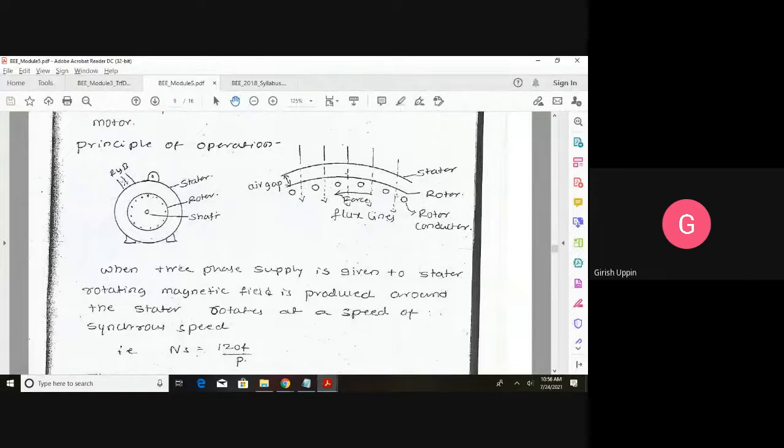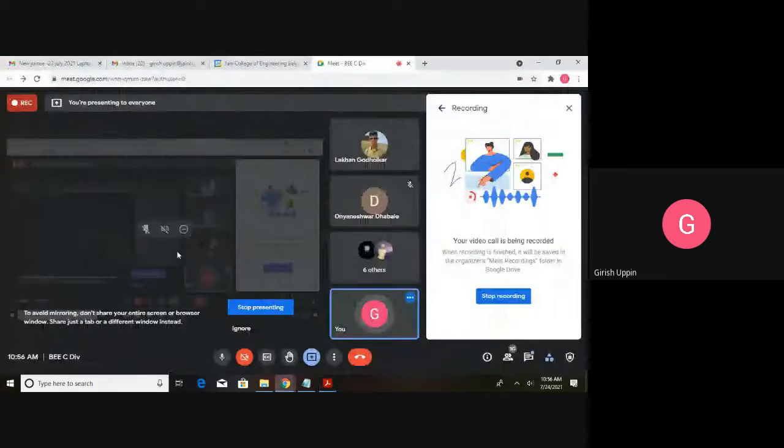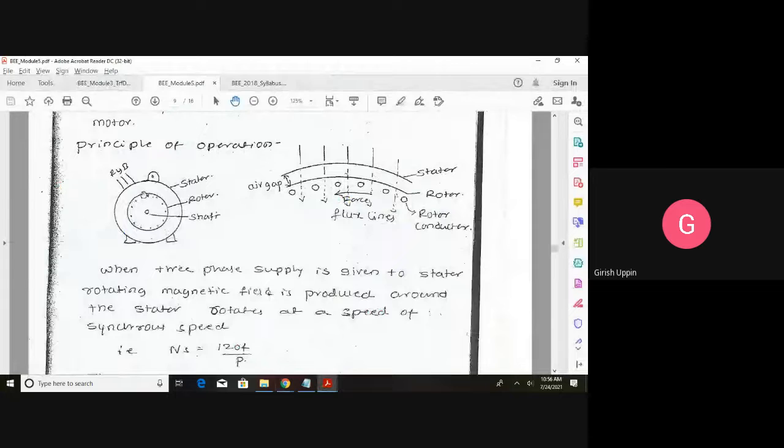When we give the three-phase power, it will create a rotating magnetic field, and when the rotating magnetic field gets associated with the conductors, initially the rotor will be stationary. The conductors will experience the change in flux. EMF will be induced in the rotor conductors, and the rotor conductors are short circuited. There are two types of rotors, squirrel cage or wound type. Based on the type, they will have a closed path.